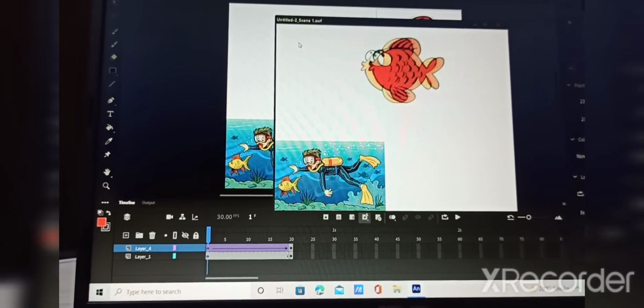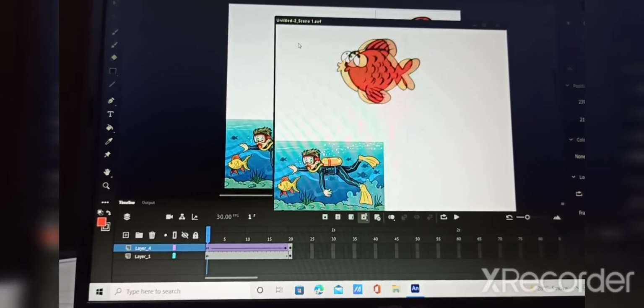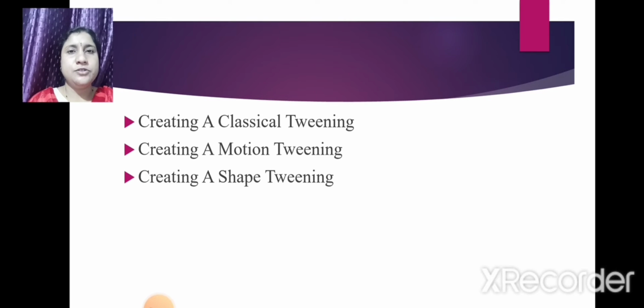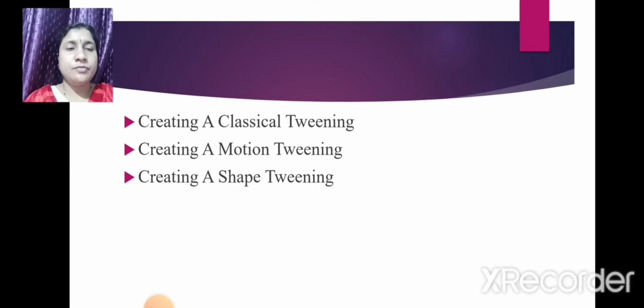Okay, getting this? Now the next is creating a motion tween. A motion tween is a feature that allows you to easily animate the motion of an object. Instead of defining the location of the object in every frame, you can create a motion tween which will automatically move the object from the beginning location to the end location.